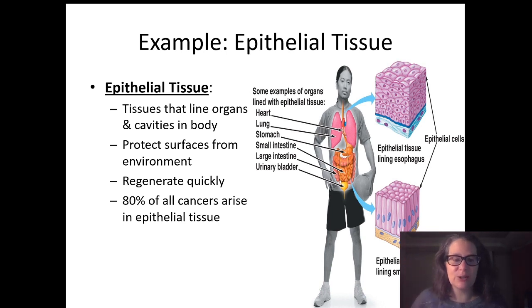So epithelial tissue is the first kind of tissue. This is a tissue that typically lines or covers cavities or body organs. It typically has a protection function, maybe from the environment or from other spaces inside the body. This kind of layer typically regenerates quickly. I think in our cellular and our DNA unit, we talked about how 80% of all the cancers in the human body typically are in this kind of tissue because they're connected to the environment, so they have lots of exposure to those kinds of things. So epithelial tissue is tissue number 1.